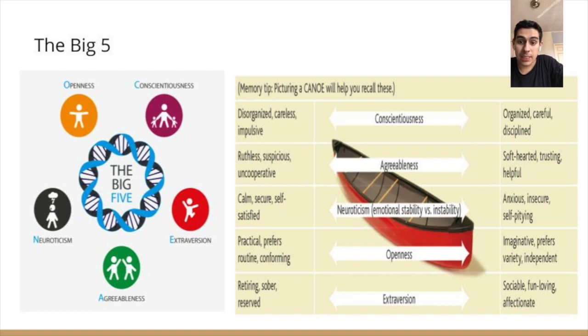The last on the list of the Big Five is extroversion. Extroversion is characterized by talkativeness, assertiveness, and how social you are. People who usually score higher in this tend to be more extroverted, and they tend to gain energy in social situations. They are more open to social activities. They're more friendly. They enjoy meeting new people.